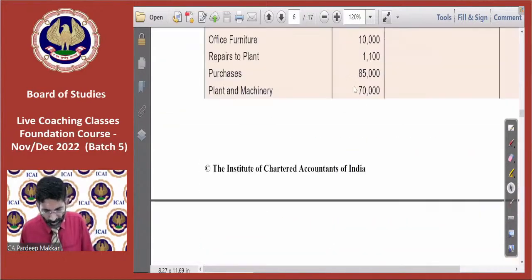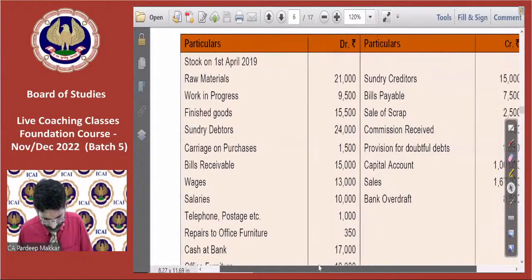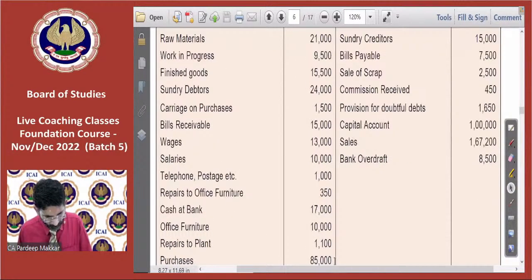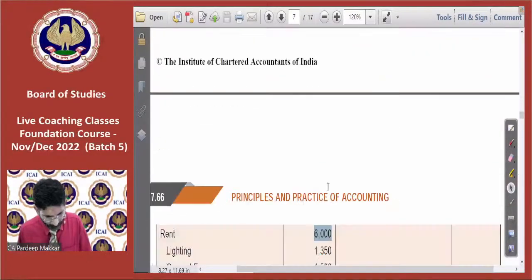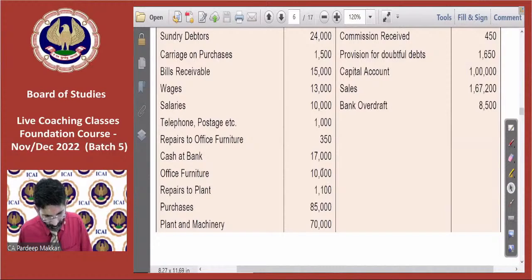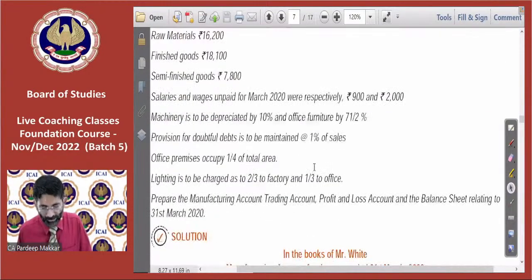Whatever the amount of furniture is, you have to do it, beta. टेंथ होंड का फर्नीचर है आपका, टेंथ होंड पे 7.5% निकालो बेटा, कितना आ गया, 750 आएगा, तो 750 इसने डाला हुआ है। इसमें क्या प्रॉब्लम है।